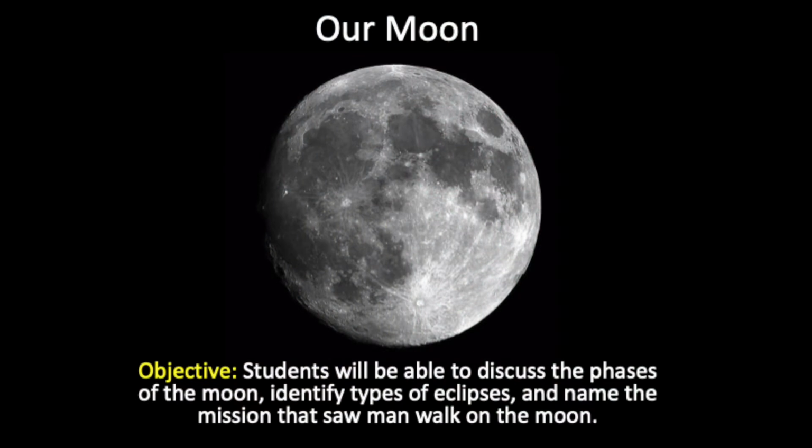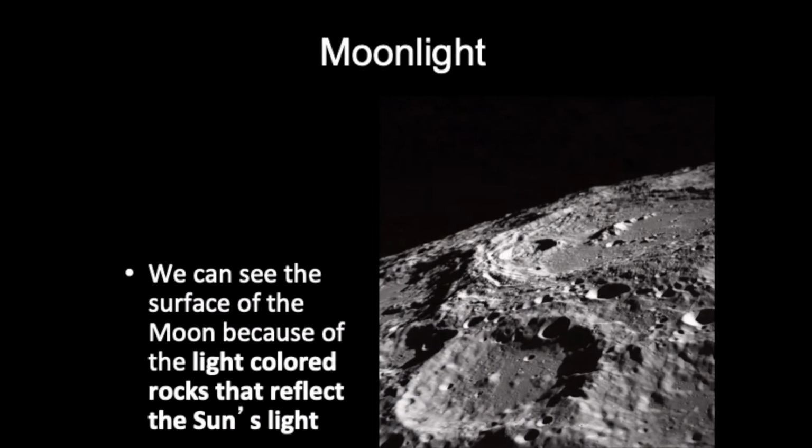Welcome to Our Moon. Our objective today is students will be able to discuss the phases of the moon, identify the types of eclipses, and name the mission that saw man walk on the moon. The reason we can see the surface of the moon is because of the light that is reflected from the